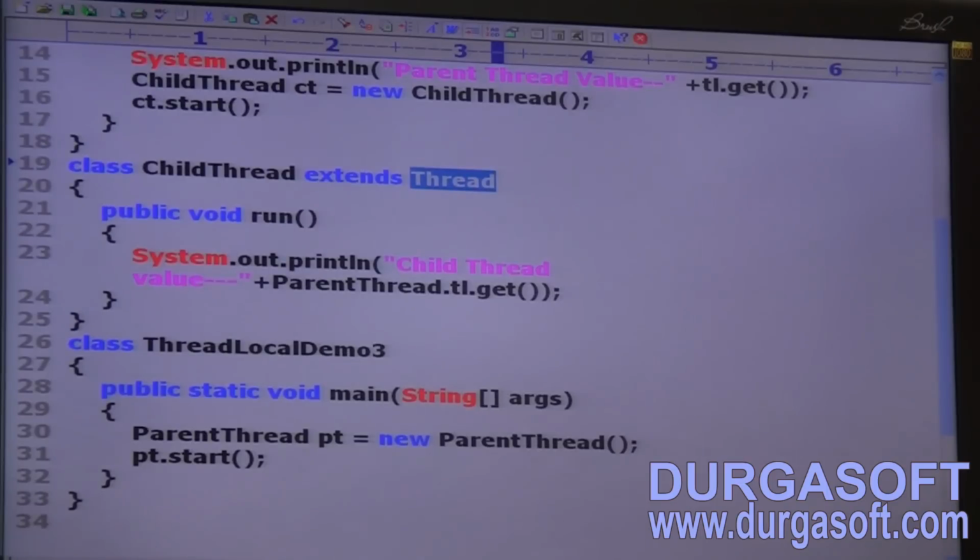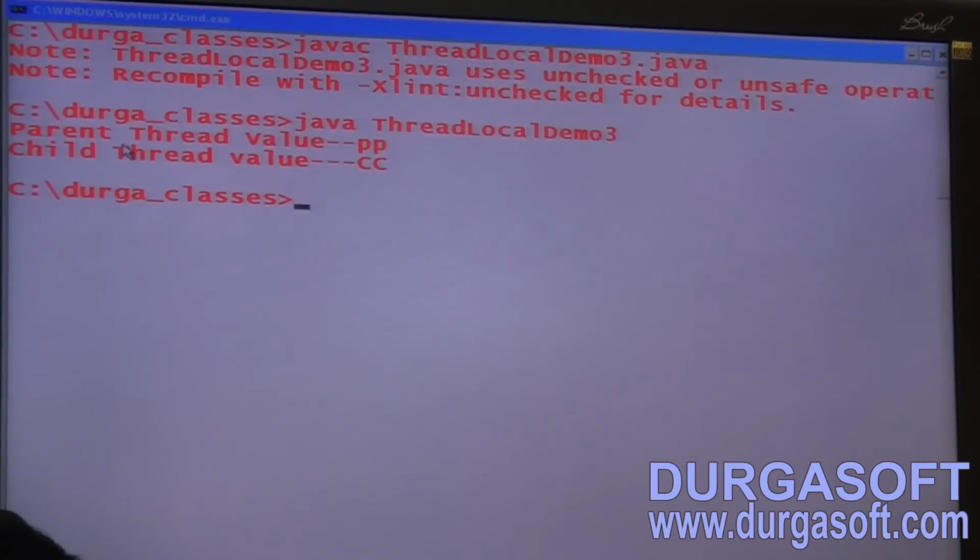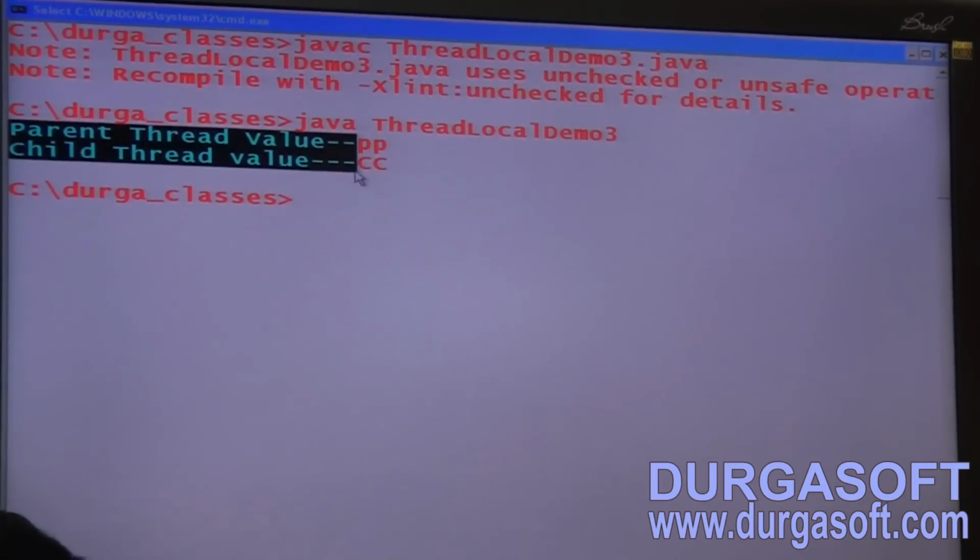Completed, right? Okay, better to take the output. What output are we getting? Parent thread value pp, child thread value cc.